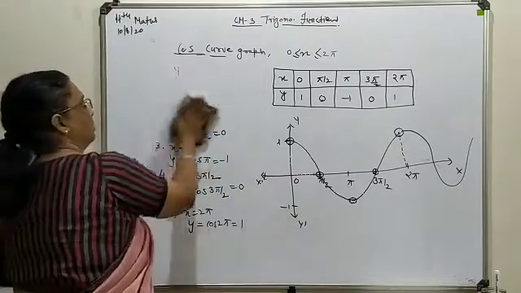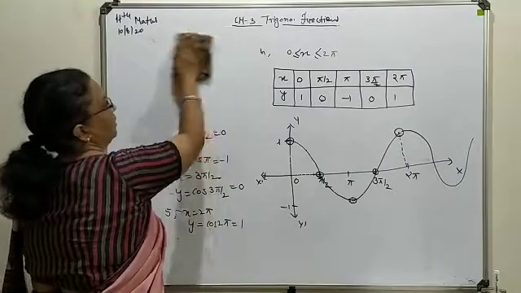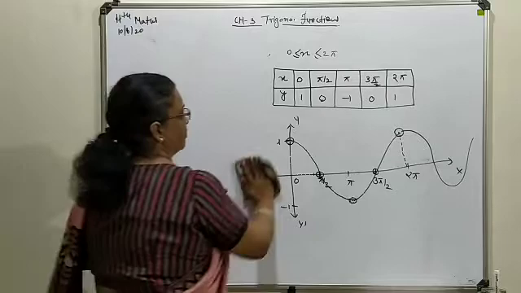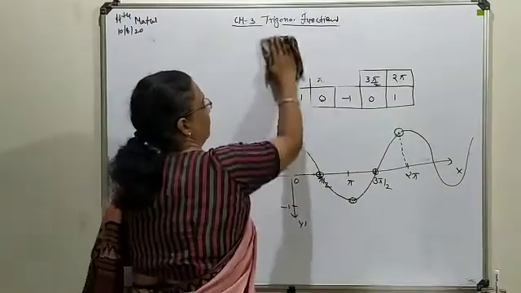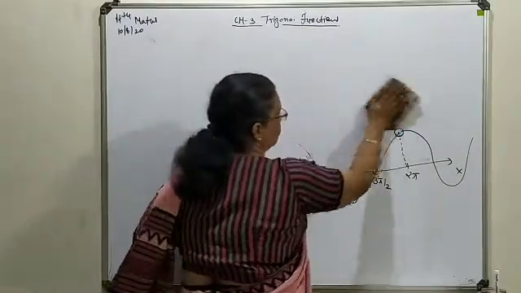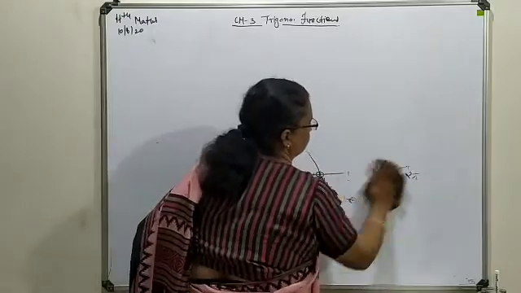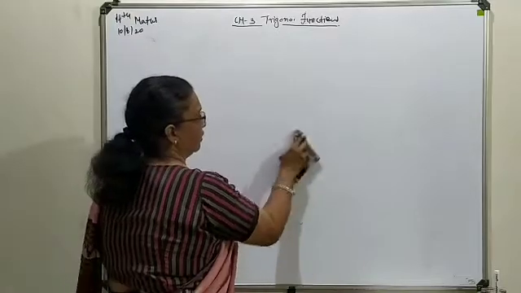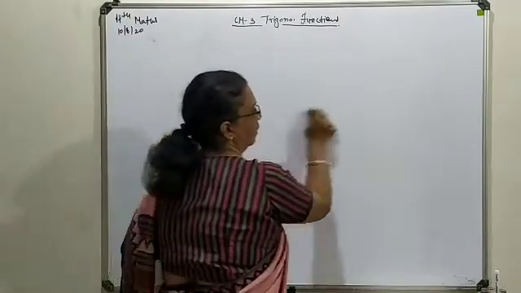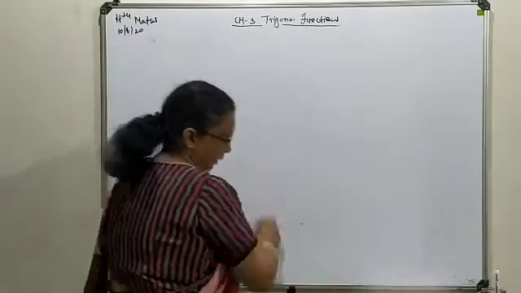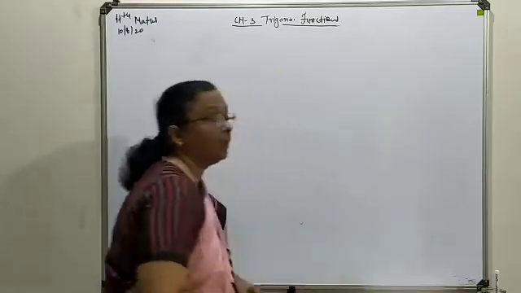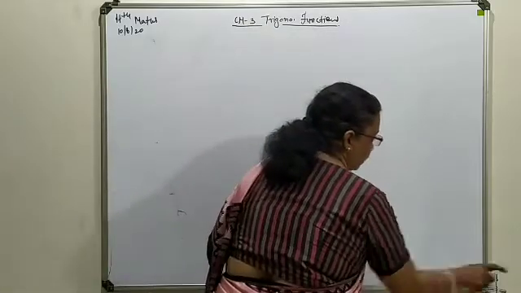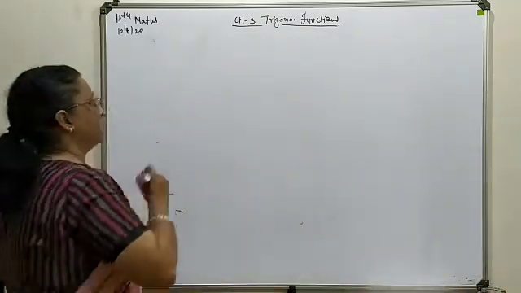Now the last curve we are going to discuss is the tangent curve. Its pattern is totally changed, because we know tangent tends to an infinite solution at pi by 2. So its pattern is quite different. So obviously the range will also be quite different here. So let's plot the curve for tangent.